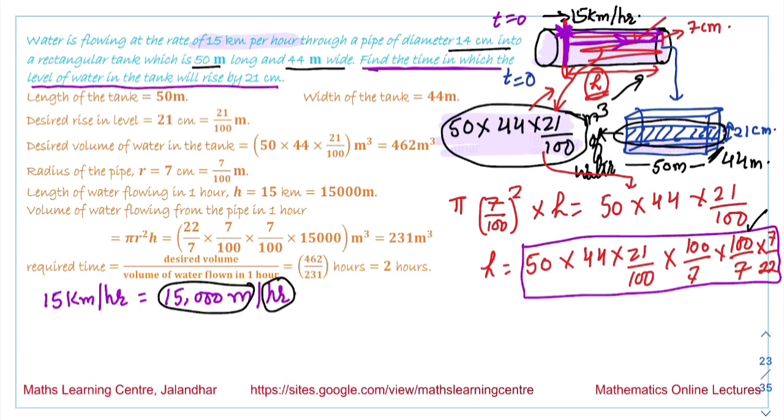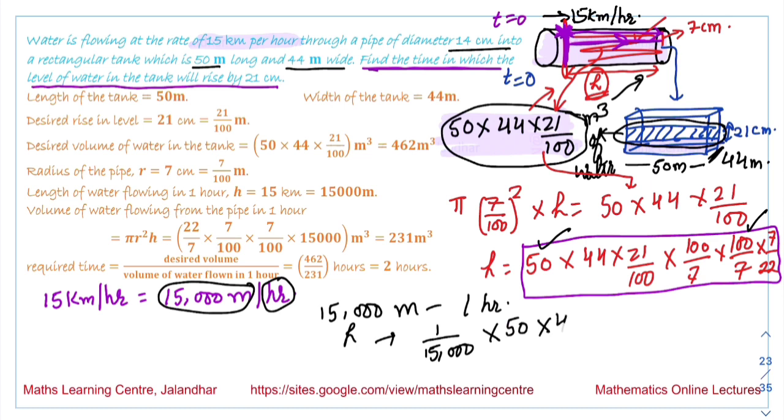We want to calculate in what time it will travel this distance h. 15,000 meters it is traveling in 1 hour, so this distance h it will travel in 1 by 15000 into 50 into 44 into 21 by 100 into 100 by 7 into 100 by 7 into 7 by 22